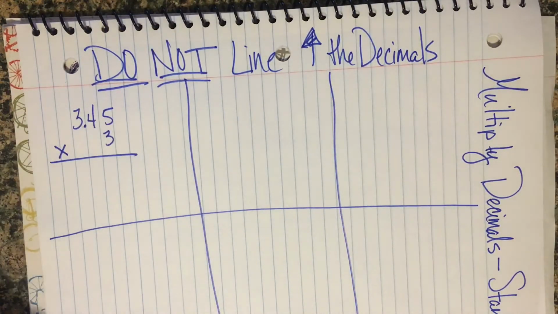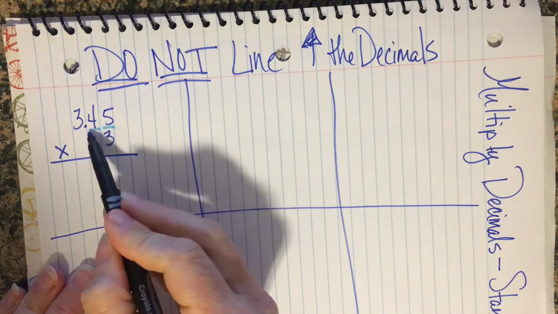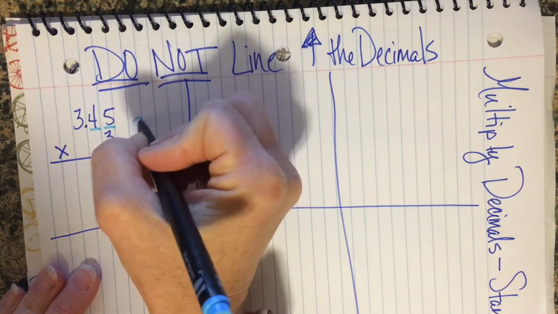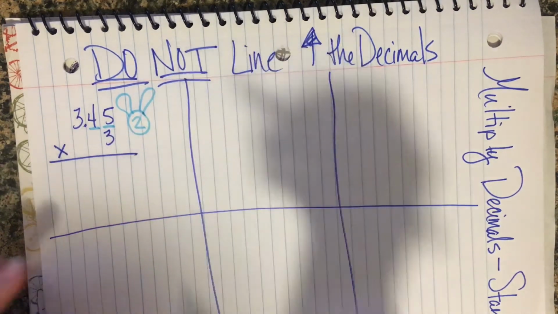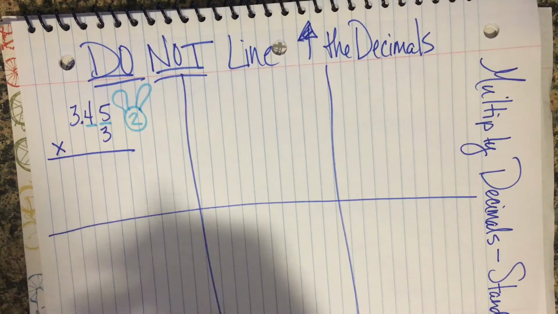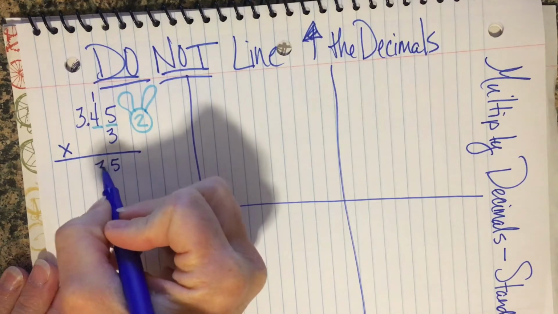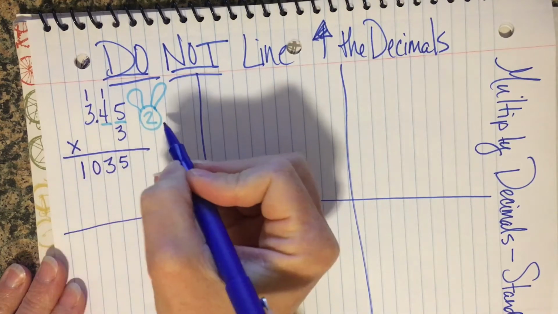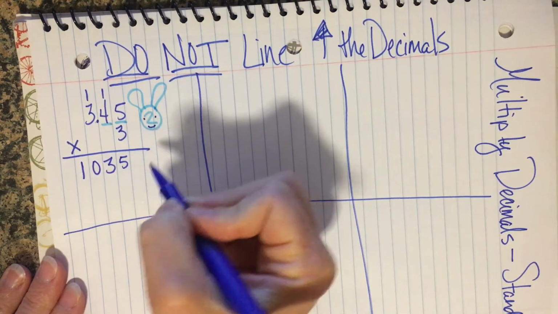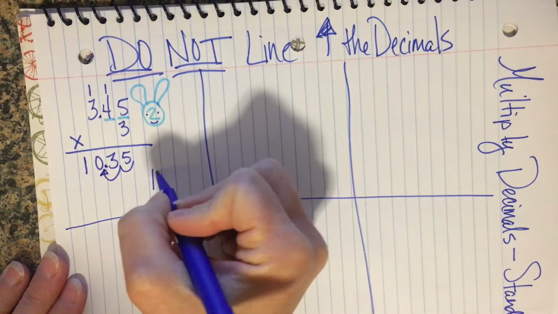So when I do these problems, you're going to multiply just like normal and ignore the decimal. We're going to count the number of decimal place value spots on the right side of the decimal. So there are 2 place value spots. So at the end, I'm going to do 2 bunny hops. Let me show you what that looks like. 5 times 3 is 15. 4 times 3 is 12, plus 1 is 13. 3 times 3 is 9, plus 1 is 10. And my bunny hops are 1, 2, and I placed my decimal there. My answer is 10